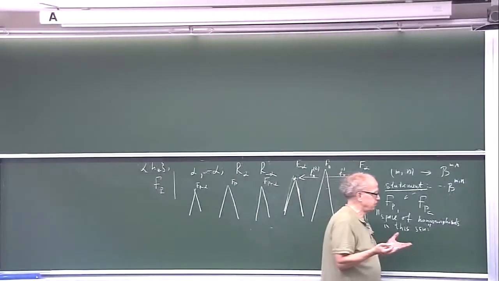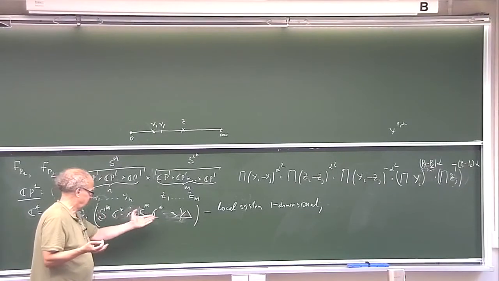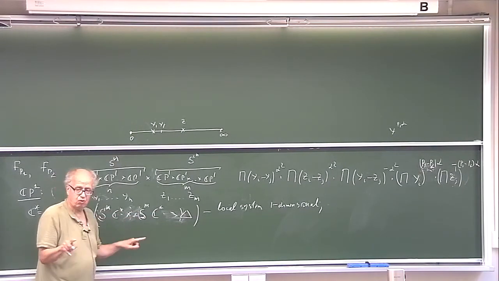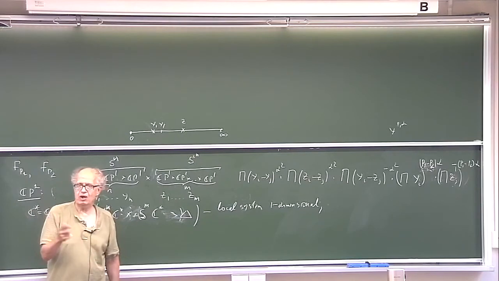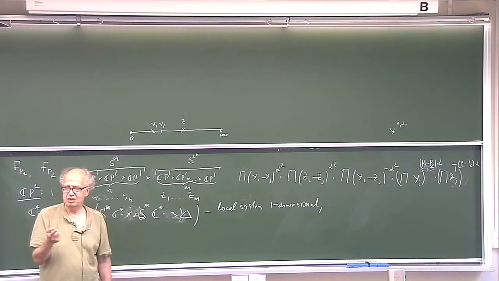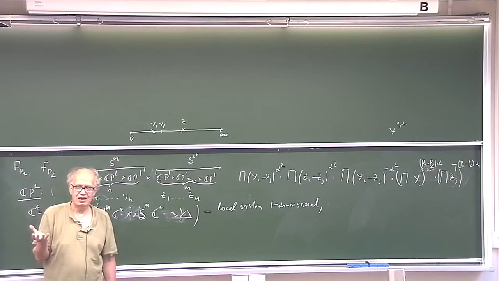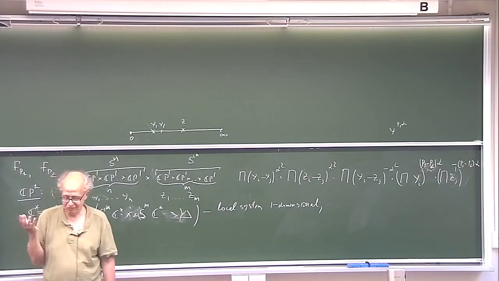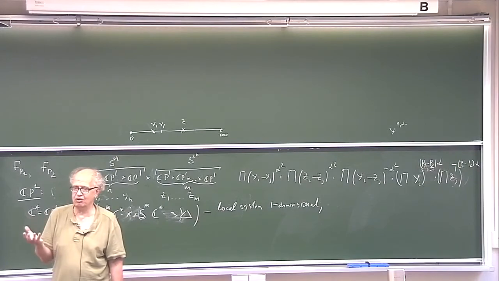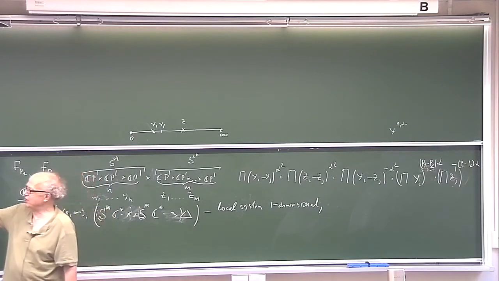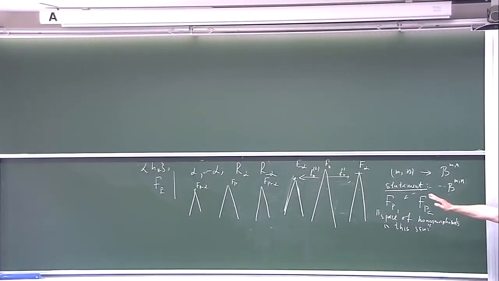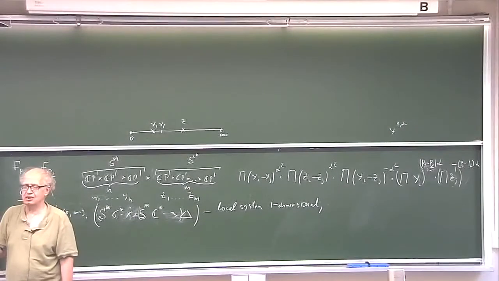We have local system, so we have this corresponding configuration space of points, and we have one-dimensional character of fundamental group, and then we can calculate the homology of this local system. And this vector space of this homology of this local system and the space of homomorphisms between corresponding Fock space, which I'm trying to describe by different manner, this is just the same things.